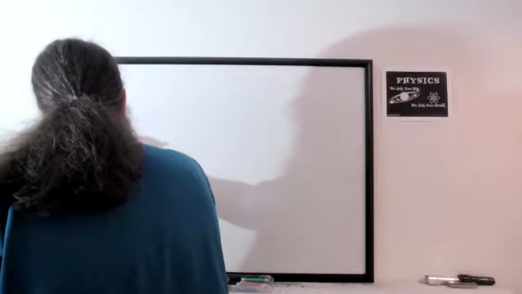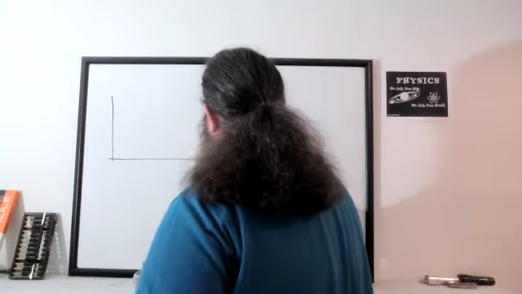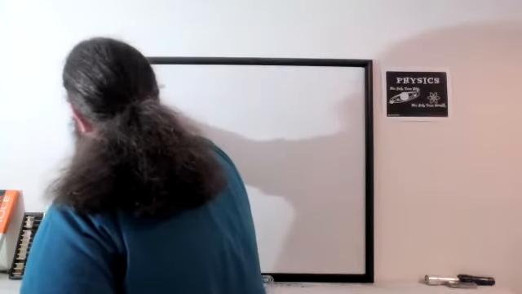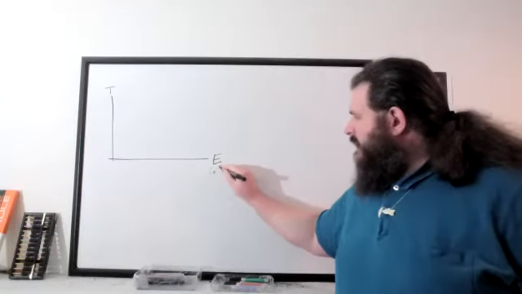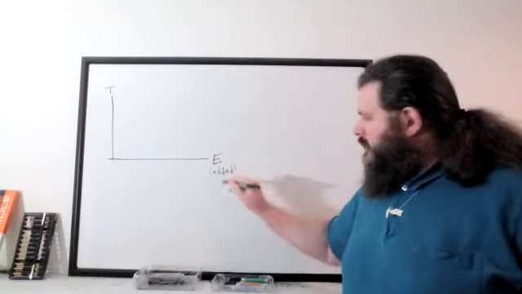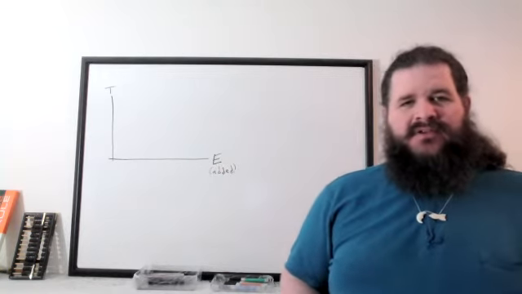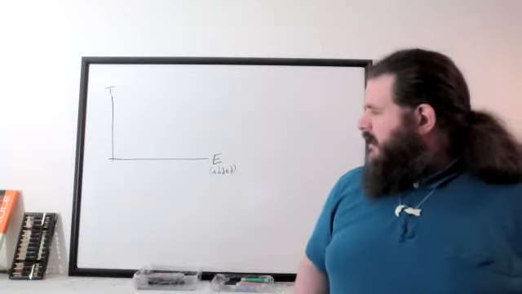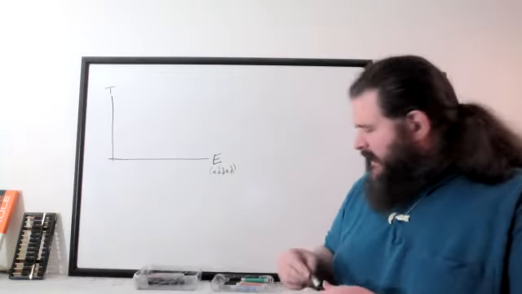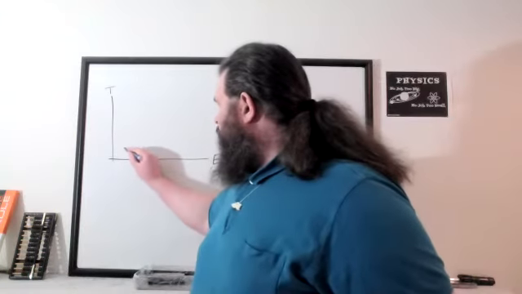Let's start with this idea of the three-phase model, the graph of energy versus temperature. And formally, this is energy added or removed, because we don't really care how much energy something has, we care about how much energy it's gaining or losing. The change in energy is generally what's important. And if you've got some object that has a certain amount of energy and a certain amount of temperature,